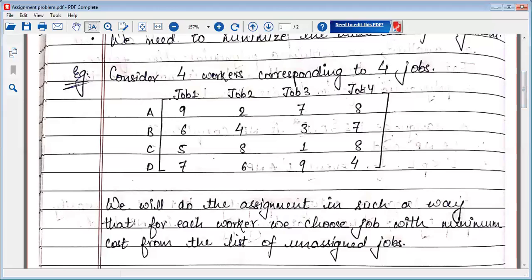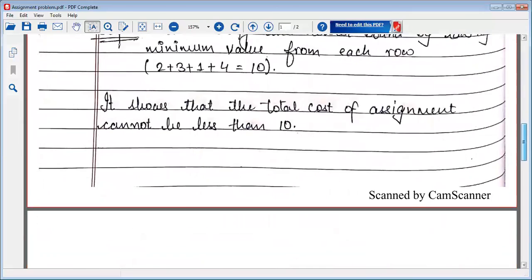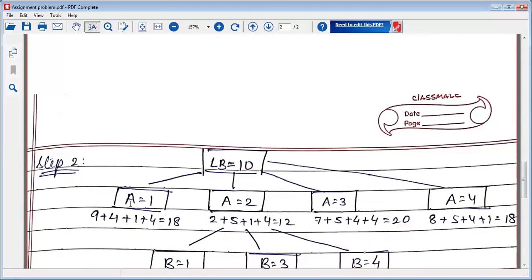But while assigning the problem, we also need to identify what is the minimum value or the minimum cost from the remaining rows. So how are we going to solve this problem? Let's say that we divide the problem for A. Now A can have either job 1, job 2, job 3, or job 4. So when I take job 1, that means the person A is going to occupy the job and the corresponding cost will be assigned to it, right?